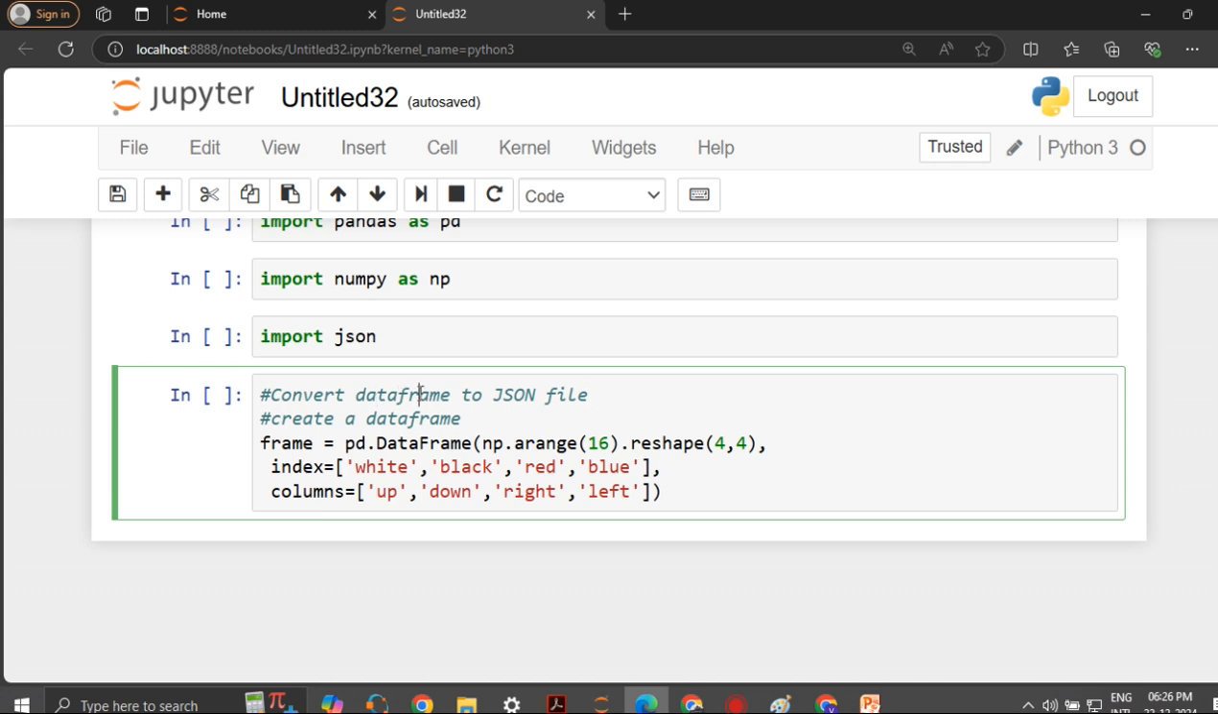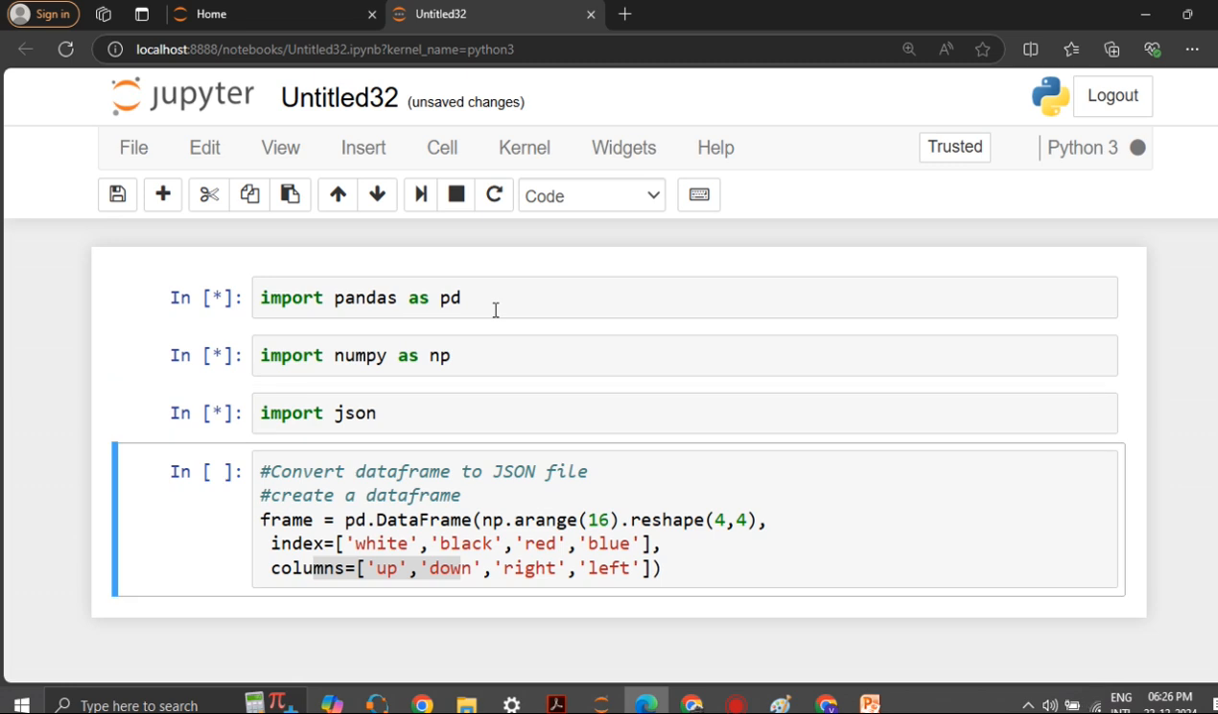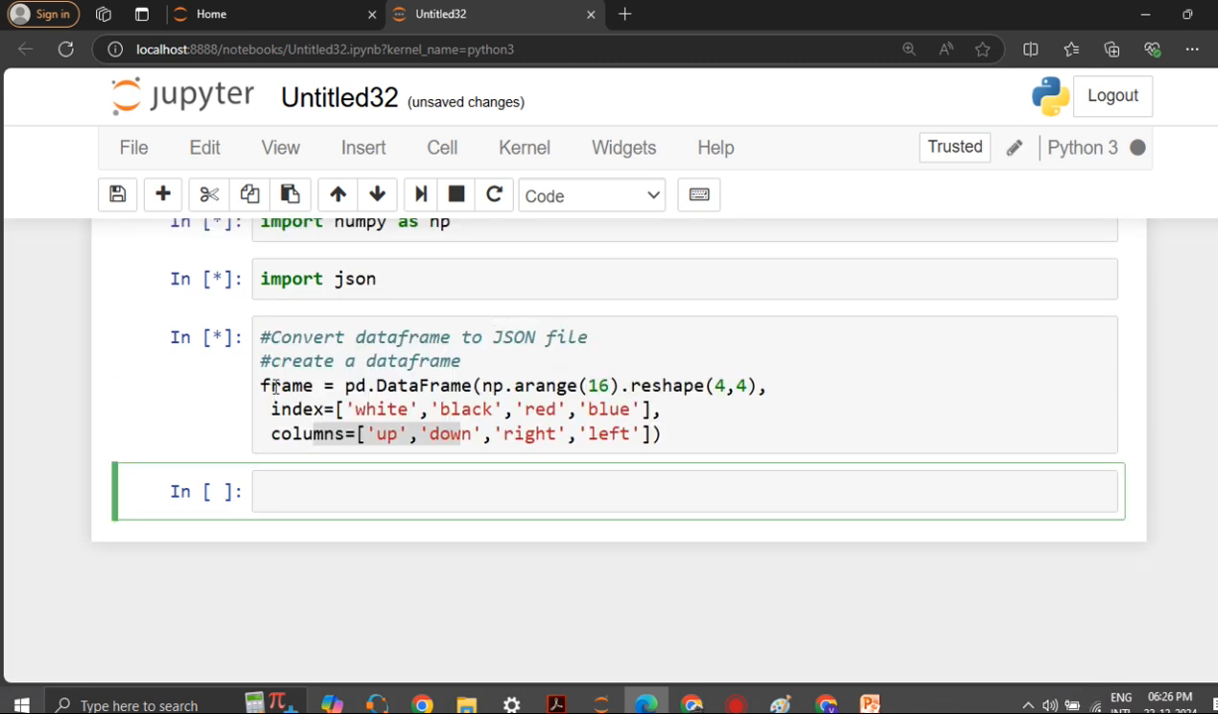So let's first create a data frame in our Python script, and from this data frame a JSON file is going to be created automatically. I have already created a data frame here, pd.DataFrame. I have created a 4x4 data frame, and these are the indexes and columns. So just execute and see, shift enter, shift enter, shift enter. So if you see what's there in the frame,